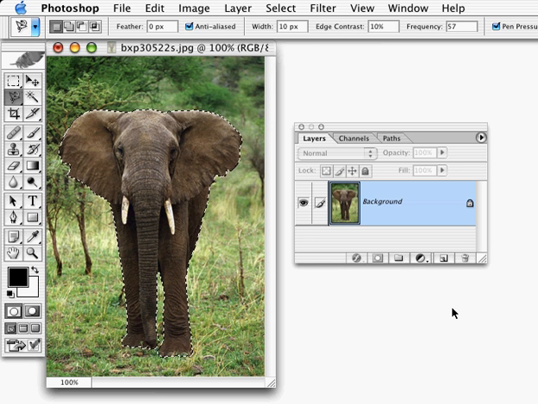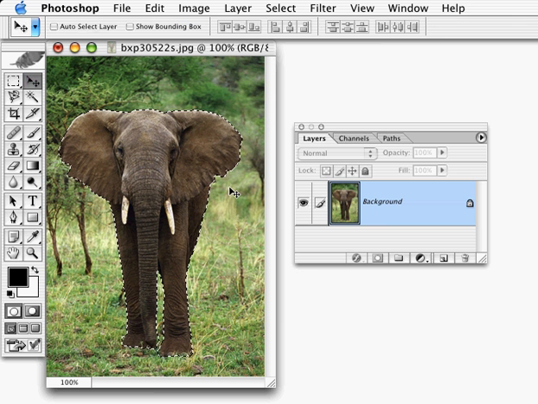We got an email requesting that we show the steps involved in making a clipping path so that you can take an image from Photoshop and have it elsewhere with a transparent background. Now I realize as I'm about to start filming this, I don't really have any other program to put this in to show you, but it's important to note that the purpose of a clipping path is to cut out